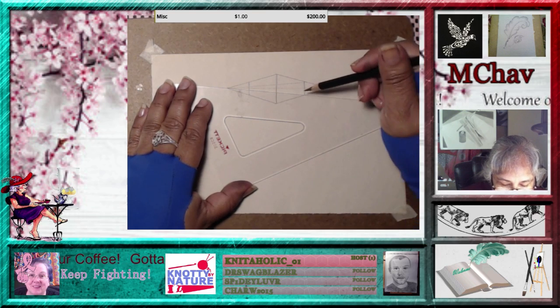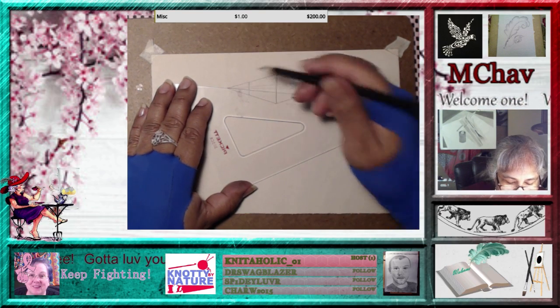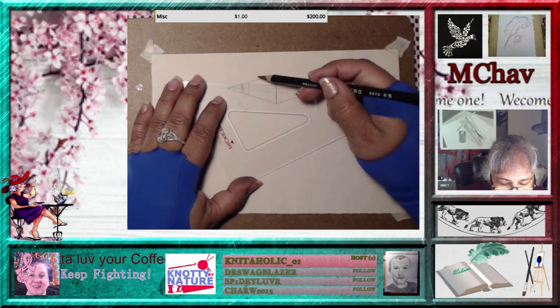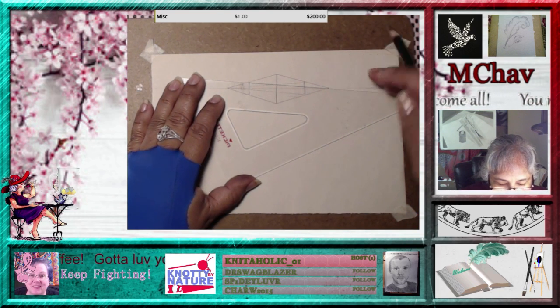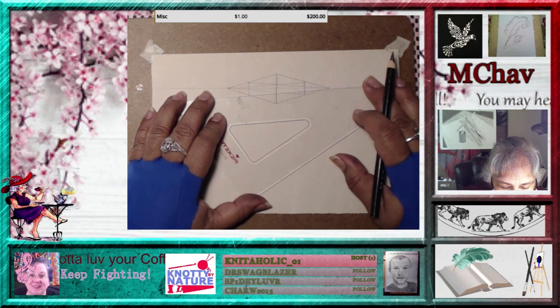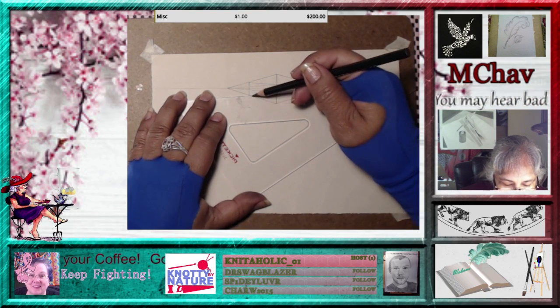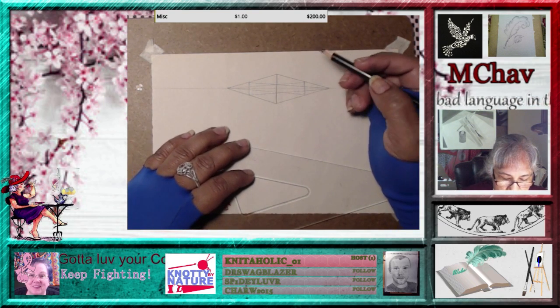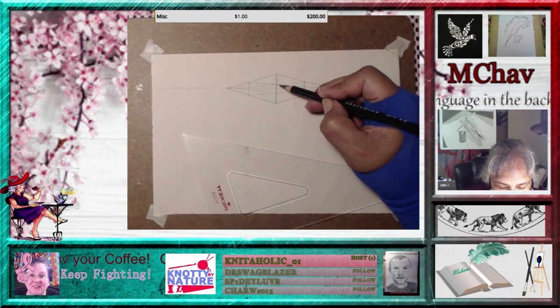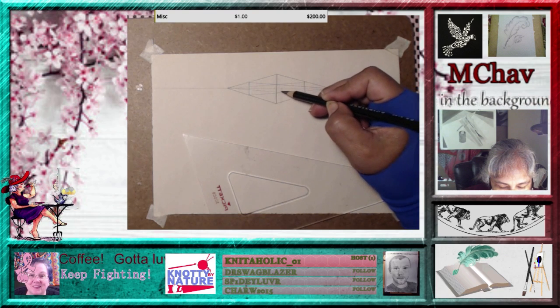And then this one. And then from this one to here. And then from this side to here. Okay, now you can see where these two connect,